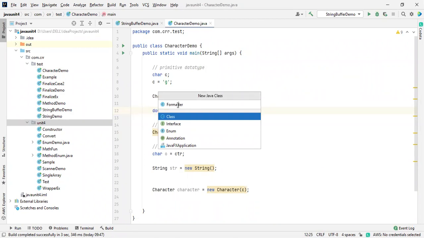Here we should not mention a keyword. If we mention any keyword, it won't run properly. So that's why I'm taking it as FormattedDemo. Okay, there are 2 words. The second word also starts with a capital letter. This is the first word because this is the class name, so we start with a capital letter.